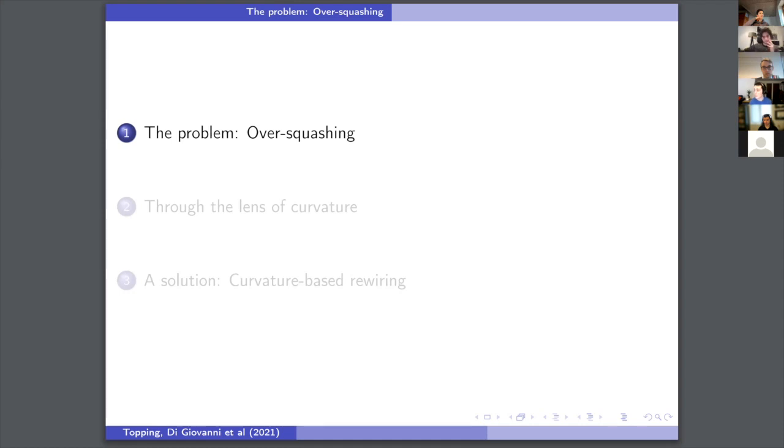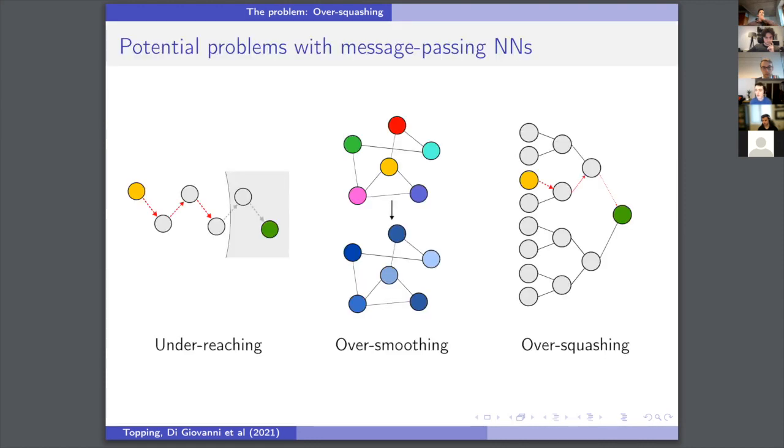So to start with the problem, I know there's familiarity with message passing neural networks here, but just to refresh, at each layer of the network, a node's new representation is an aggregation of its previous representation and those of its neighbors. So with that, we'll dive straight into the potential problems they might face. Depending on how often you work with graph neural networks, these might be terms that you're familiar with, or they might be the subject of recurring nightmares. But we'll go through each of them in turn, just to really separate them.